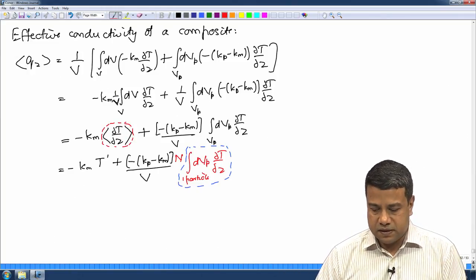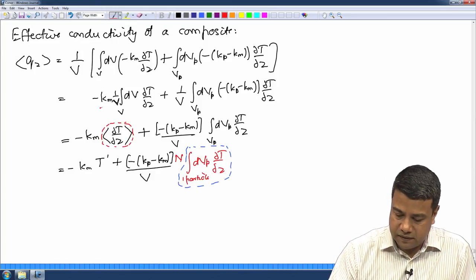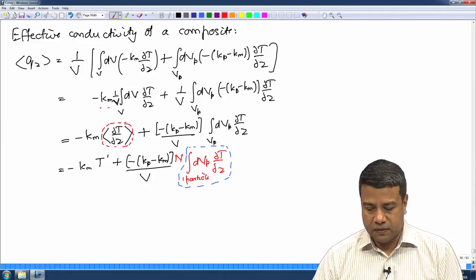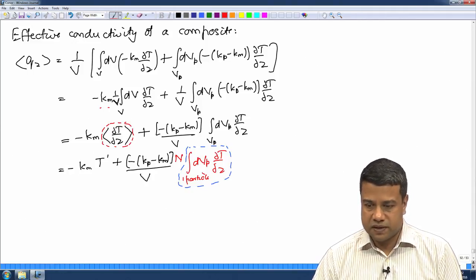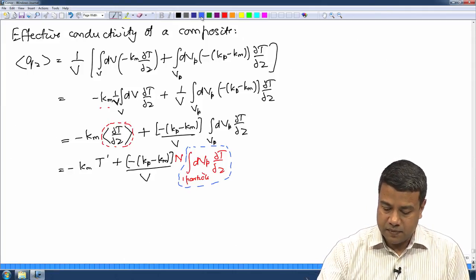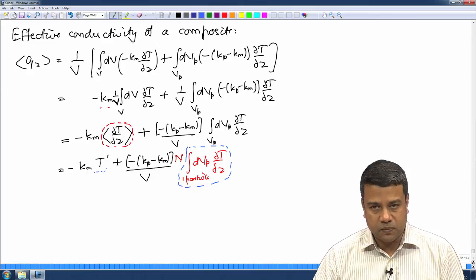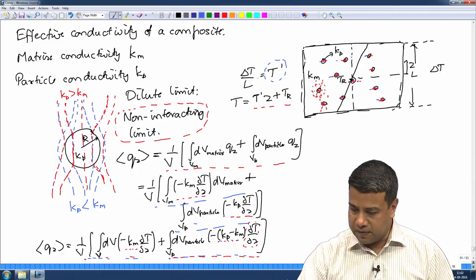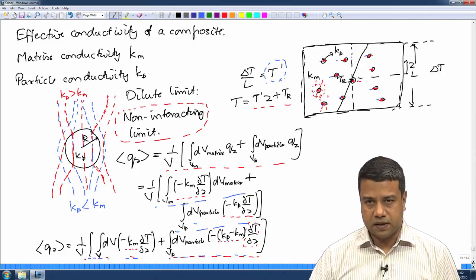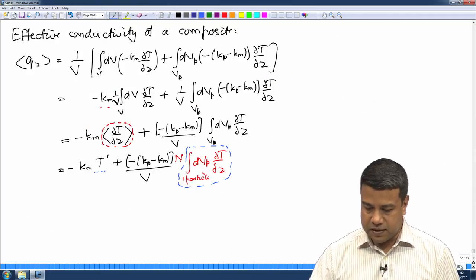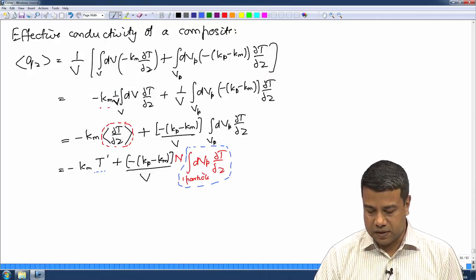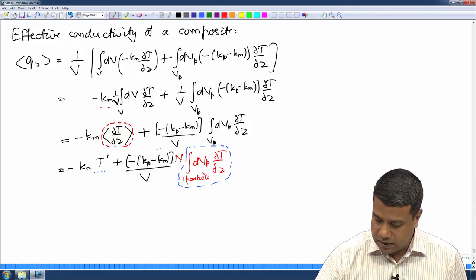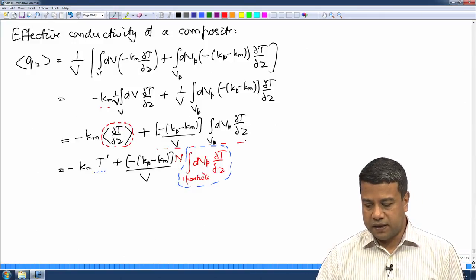And I had simplified this. The first term is just the matrix conductivity times the integral of the temperature gradient over the particle. So, there is a volume average temperature gradient. That volume average temperature gradient has to be the same as the imposed temperature gradient. If you recall in the previous slide, I had said that T prime is the imposed temperature gradient. Therefore, if I take the volume average temperature gradient, I should get the same as the imposed temperature gradient. The second term is an integral over the particles alone of the difference in conductivity times the temperature gradient